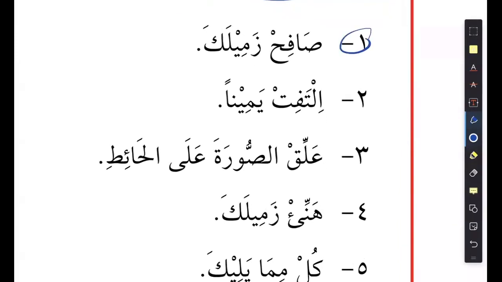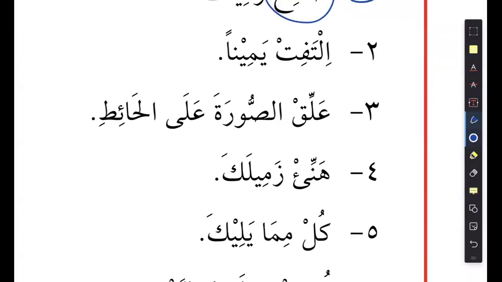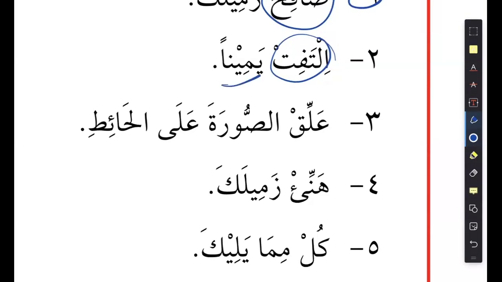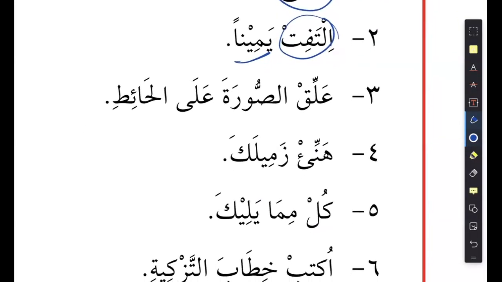So for example, the first one is safih. Safih means to command, shake hands. Zamila. So what you're supposed to do is, in the class, you shake one of your friend's hands. Then he says iltafit yaminan. Iltafata means to turn. So he's asking you to turn what? Yaminan, to the right. Then he says علق